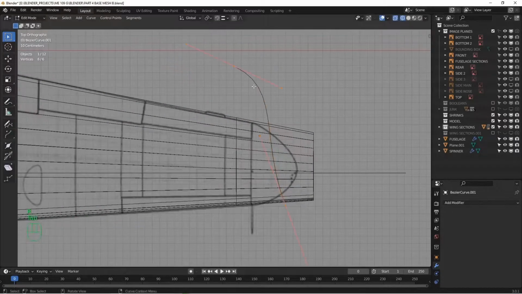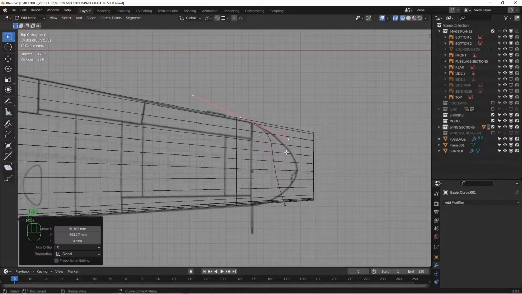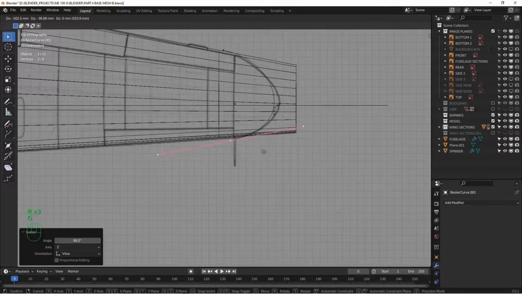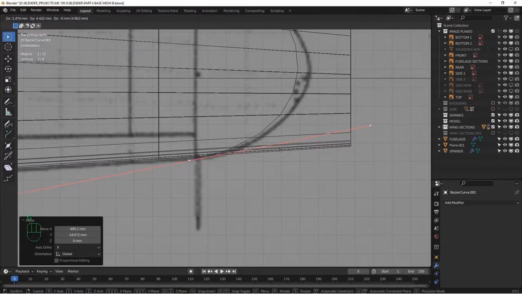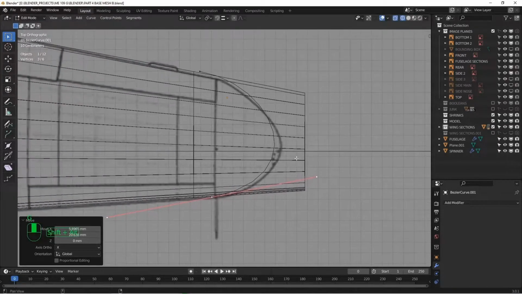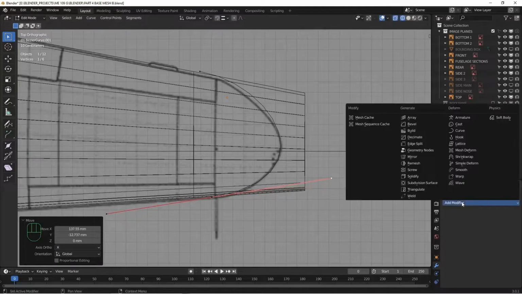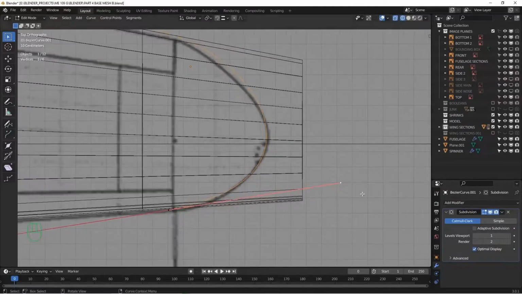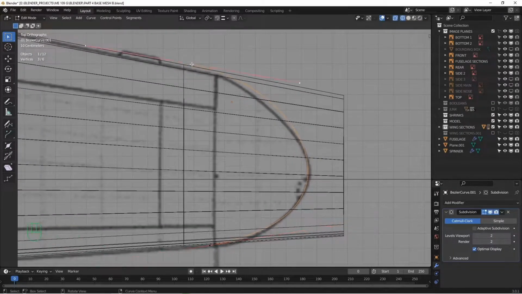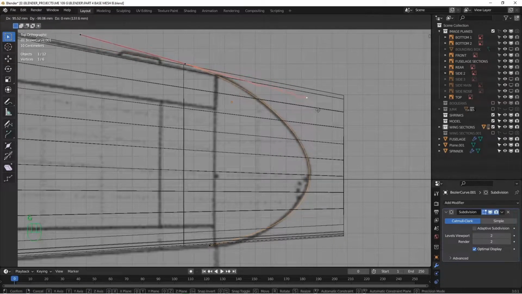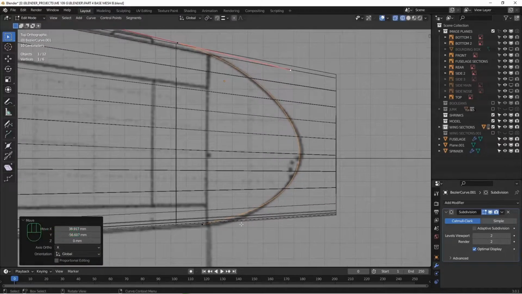So let's rotate that and go into edit mode and just kind of get these roughly in position first, kind of tangent to the wing, and then I can push and pull the edge points to get it. You can even add a subdivision if it's a little chunky, if you want to see what it looks like a little smoother. So move that to be kind of tangent. You still want it outside the edge there, otherwise the cut will not cut all the way through all the surfaces. And sometimes it's a matter of going from one to the next,